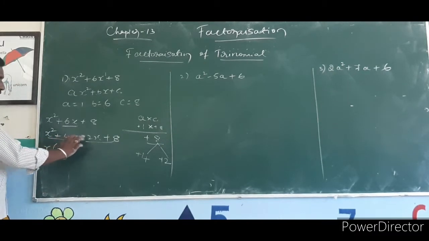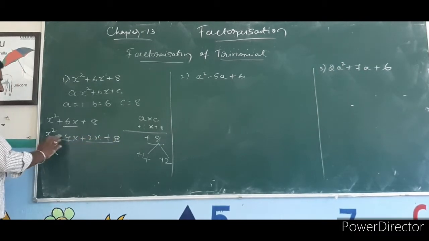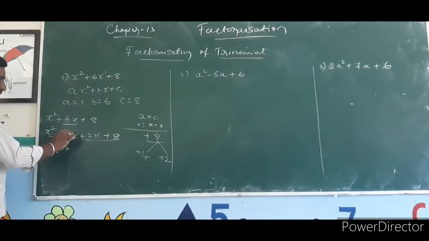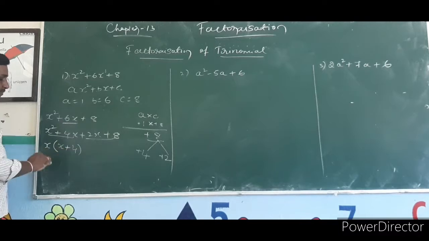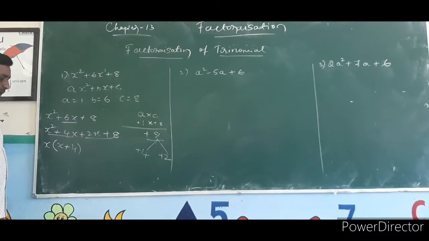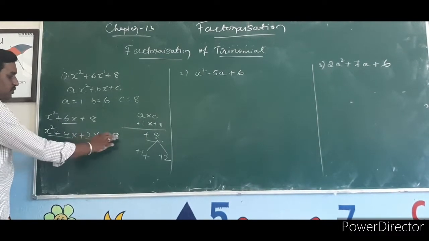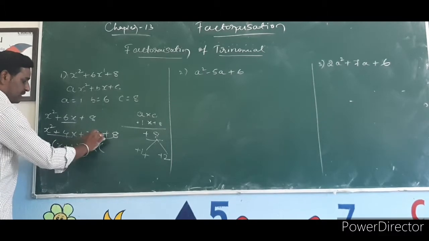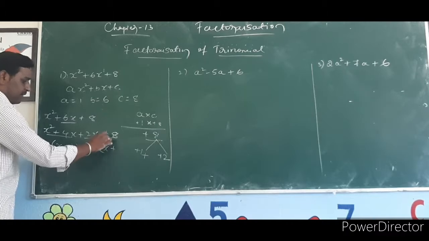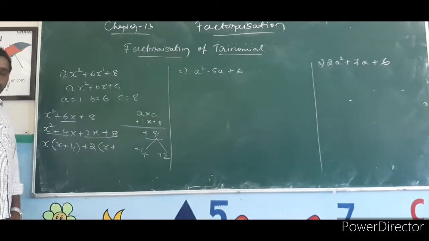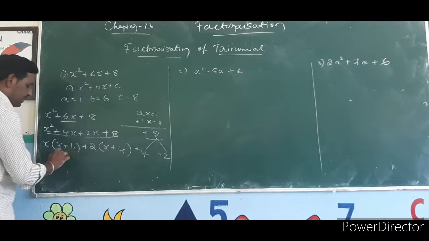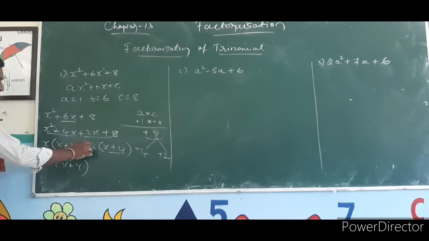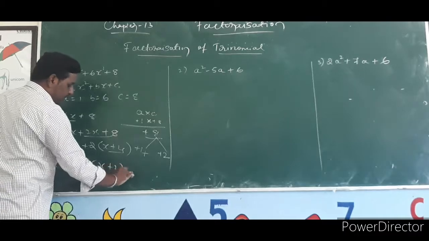Method. I am grouping these two terms and these two terms. If I am taking x as common factor, what is remaining here? x plus 4, because x I am taking already outside. Here I am taking plus 2, and 8 goes by 2 plus 2. If I am taking plus 2 outside, what is remaining here? x. How many times does 2 go into 8? 4 times. Look, these two are common factor. First you write the common factor x plus 4, remaining is x plus 2.